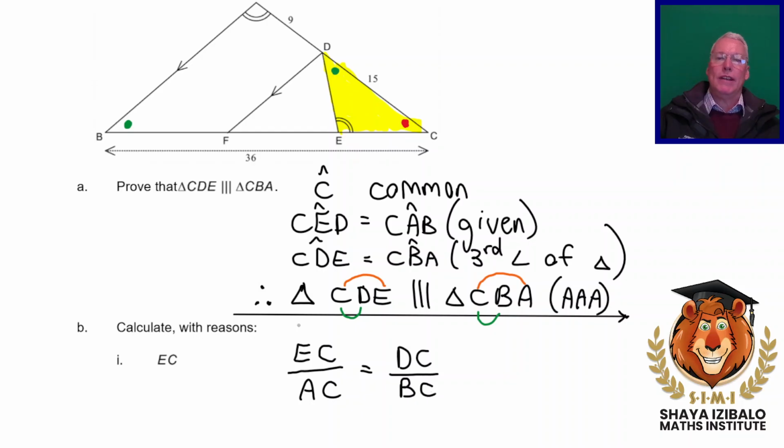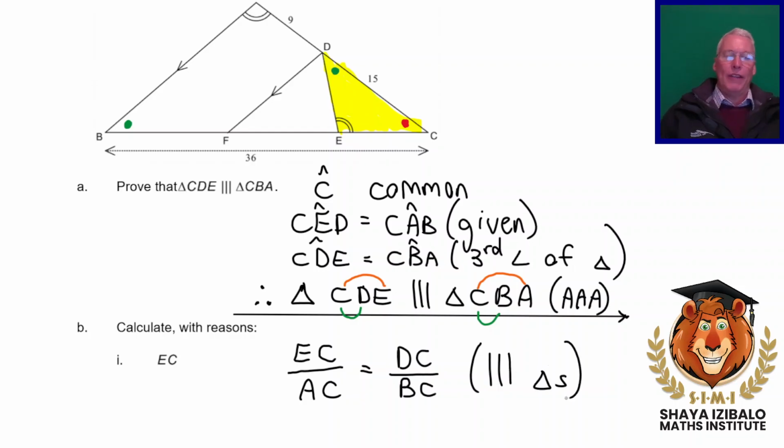Do we know BC? Yes, we do. Now the reason for these ratios being equal is because we've got similar triangles. That's why we're allowed to do that. And do you see why it's so important that we've got the order of the triangles correct? Now what's really important at this point is to understand why this works. And what we've essentially got